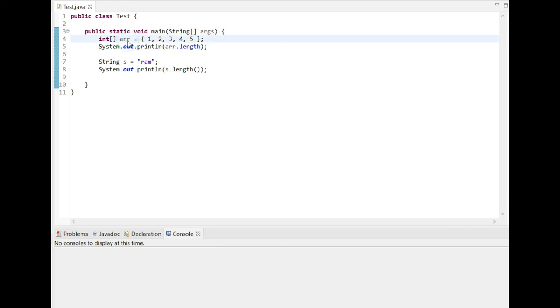This is the array variable arr, and by using this variable we are representing a huge number of values. If you want to know the length of this variable, then we use the final length variable, arr.length.